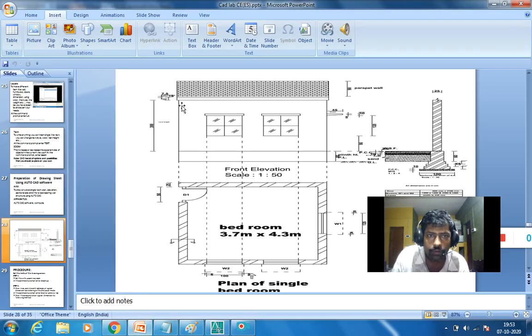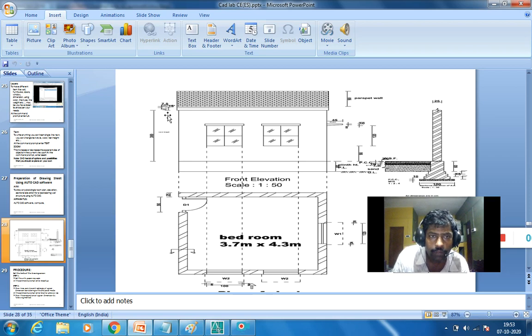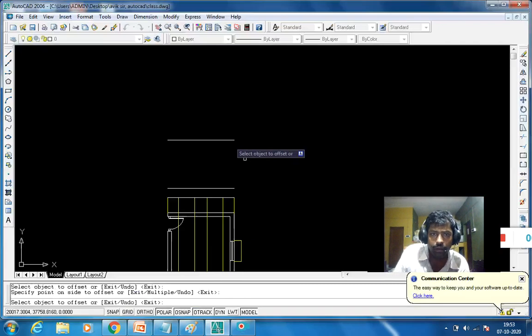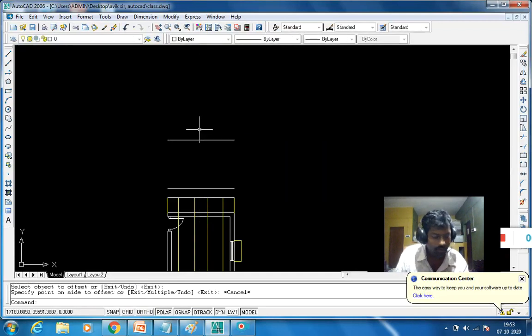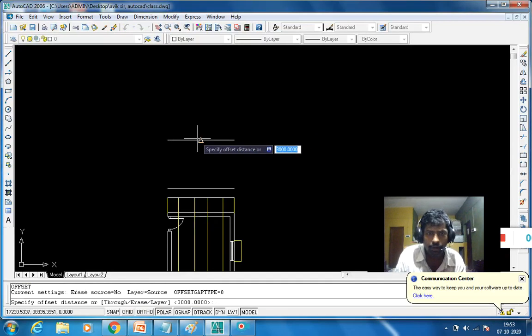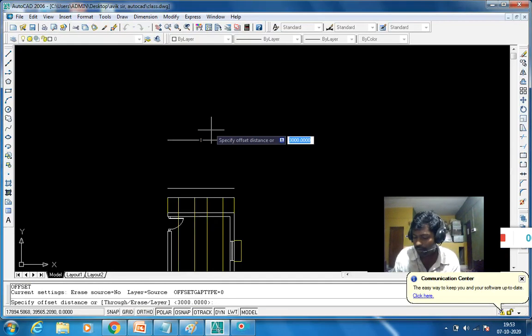Okay, so you see that this is the depth of the slab. Depth of slab is 150 mm. Then a 75 mm waterproofing course is used. So again I take the offset, O, enter, and specify the offset distance, that is 150 mm.